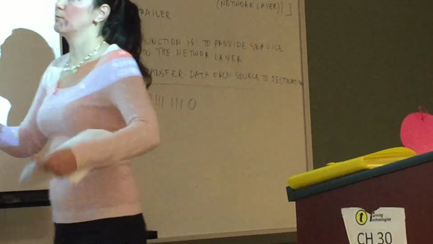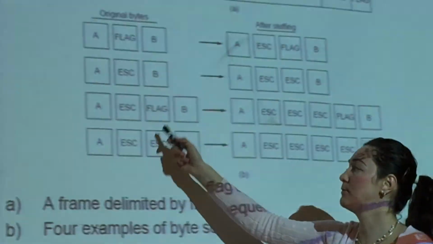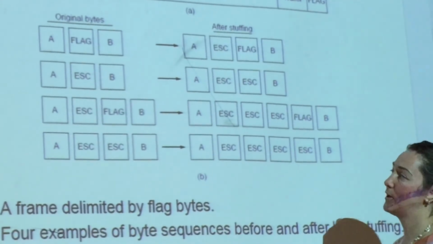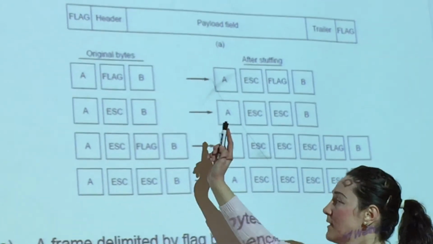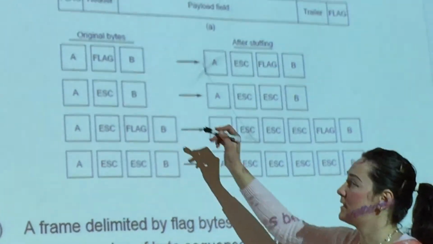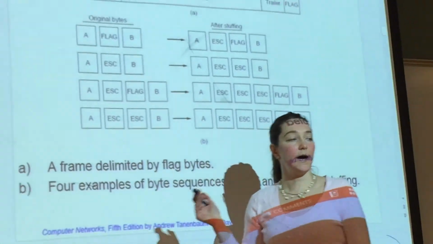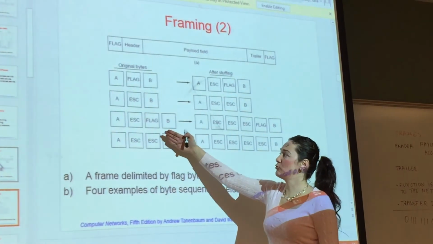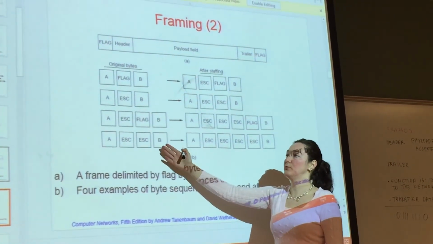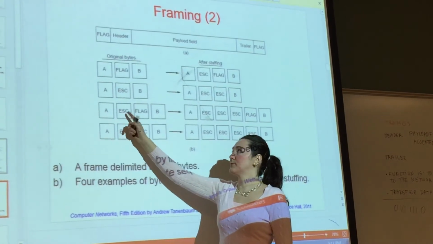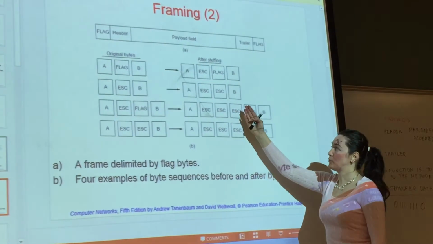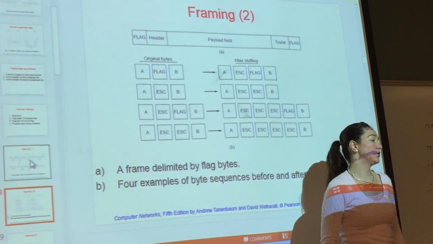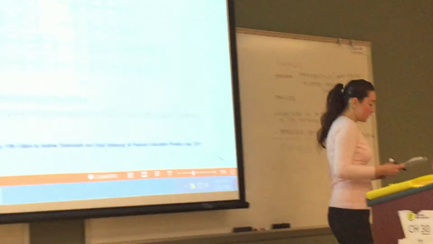And to resolve this problem, we stuff special bytes called escape characters, in a sense, in front of the flag to show that this flag is in the data, it just randomly happens in the data, and it's not an actual beginning or end of the frame. So anyway, the sender has to encode the data in this way, has to scan the data, look for the flags, and once it finds them, insert this escape. And the receiver, again, scans it and removes the escapes to obtain the original data. So this method